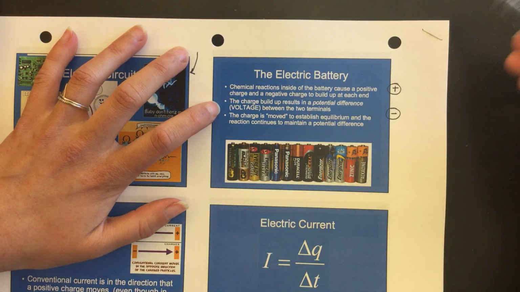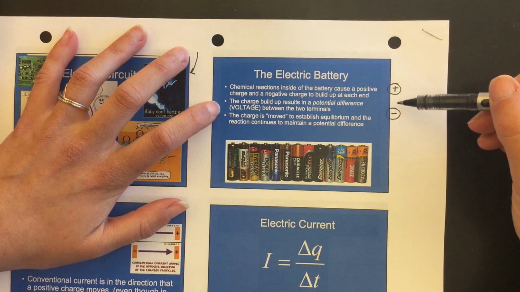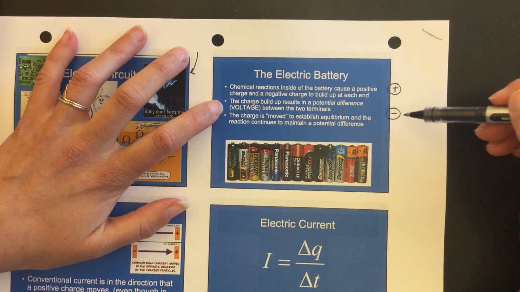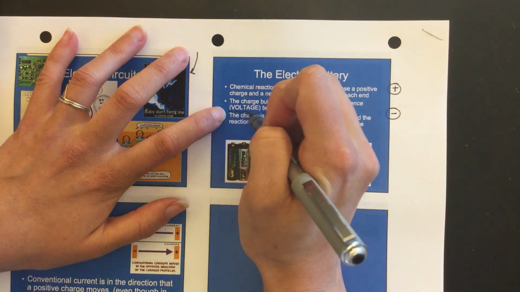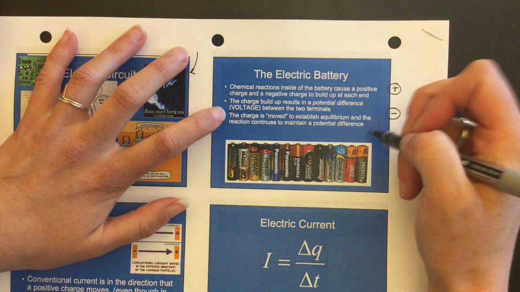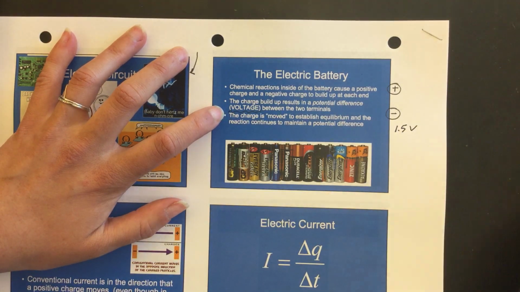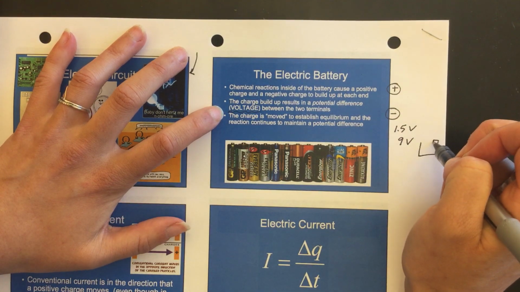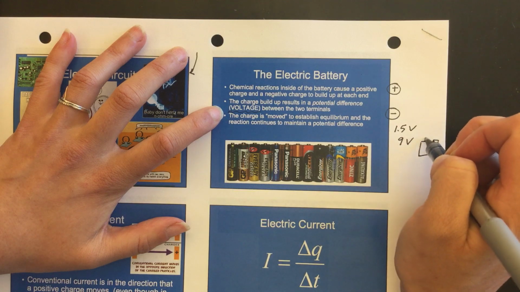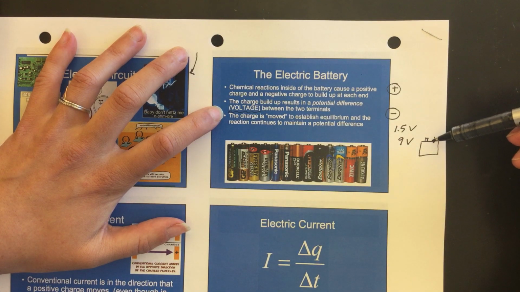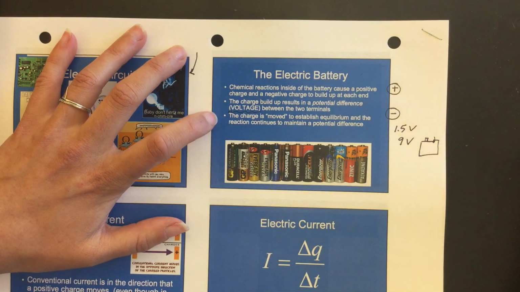Now, the charge buildup of this results in a difference, right? These are different charges, and they have different potentials that we call voltage, which is why if you look on batteries, you'll see standard batteries are 1.5 volts. You can also buy 9-volt batteries. Those are the ones that kind of look like this with two things coming up. Those are the ones where if you lick them, you can really feel something a lot more than the other normal ones. But anyways,